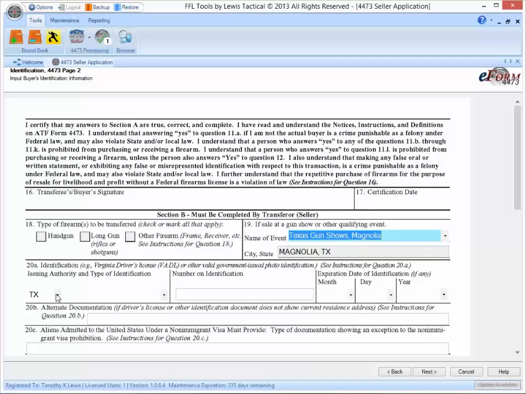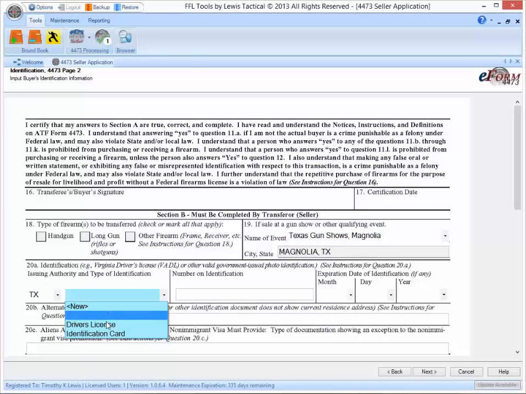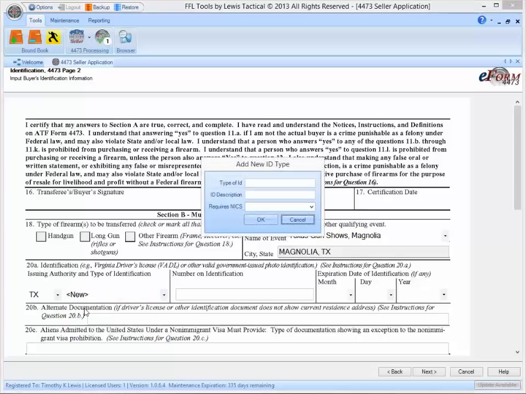All right, come down to the ID type, or the state gets filled in automatically based off of the address that the person put in the form. You use the drop down. Again, you can do the new to add a new identification type. In this type, the ID type is going to be a